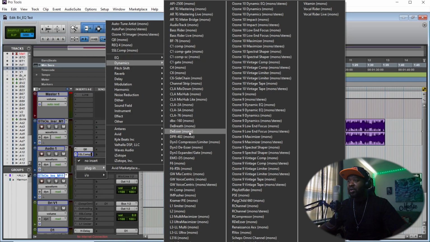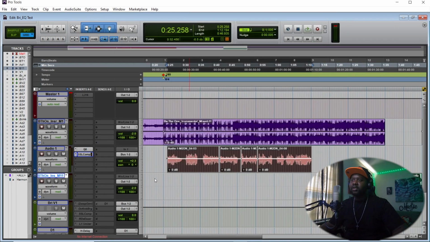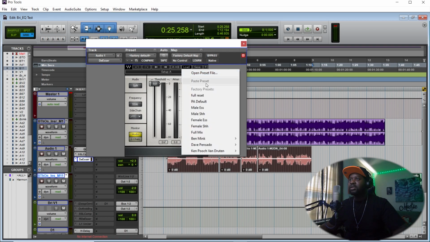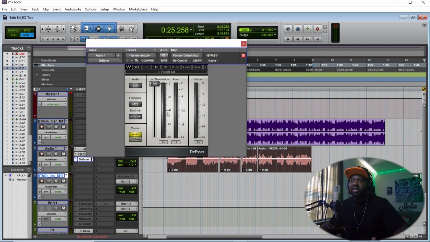You can do it at this point in the stage, but I usually wait till a little bit later once I've EQ'd all the vocals, and I usually route it to an aux, so I can just basically de-ess all the vocals at once. But just for example, pretty much go into the Waves de-esser, or most other DAWs have some kind of de-esser plugin. And basically, I'm just gonna go to female S, little preset. So it's basically judging around that